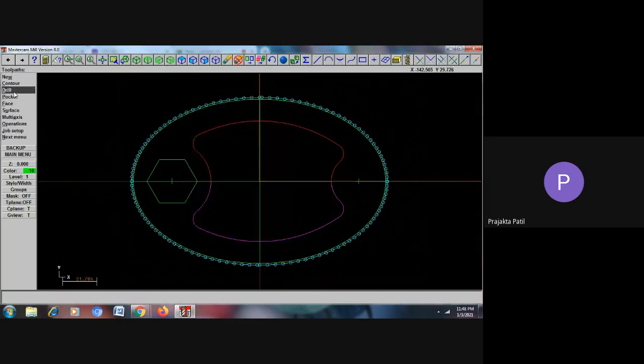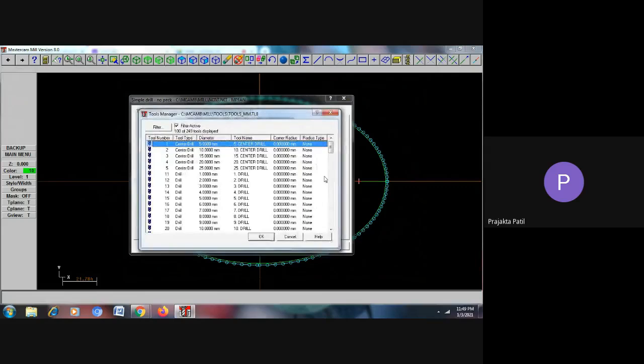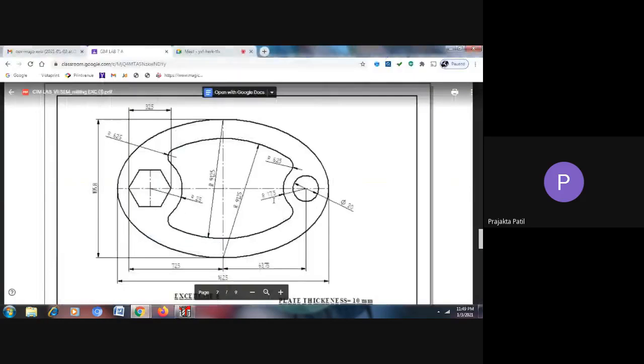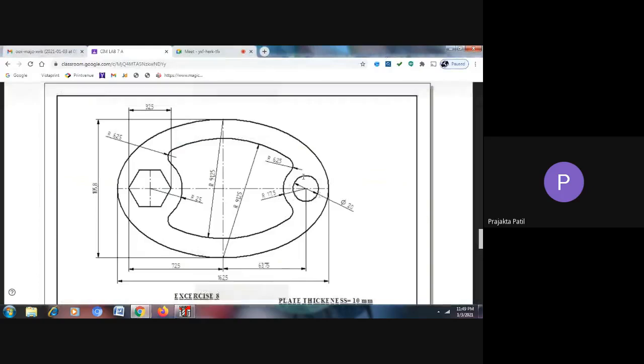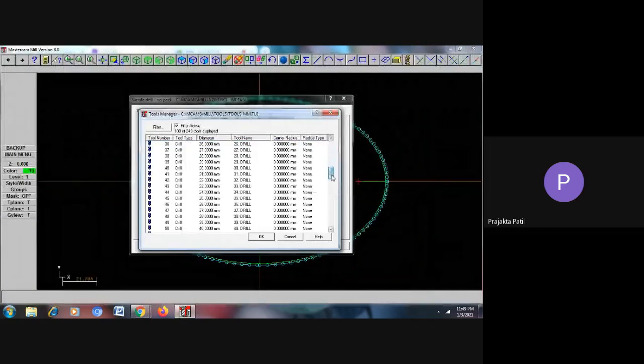Next I will go for drill manual. You have to specify the point. Which is that point? This is the point. So here the drilling operation needs to be performed. Say backup and say done. So let me choose the tool for drilling in this library, and if you see here, what is the diameter of this drill? It is 20 mm. So I need to use a drill bit which is having 20 mm diameter.